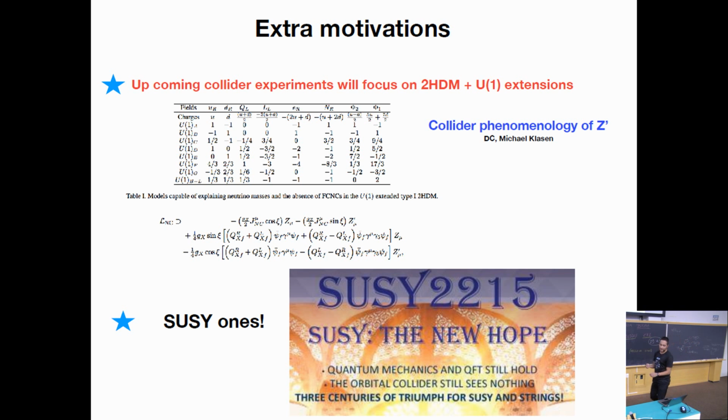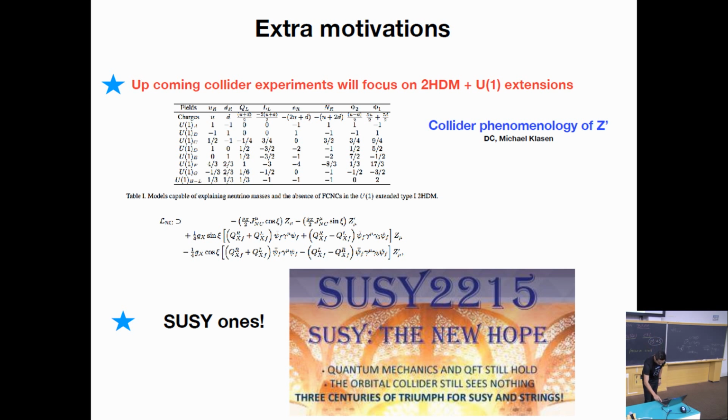And of course, as we have extra symmetries and extra scalar sectors, all the SUSY motivation behind is there. Like we have a 2 Higgs Doublet model, and the MSSM has the 2 Higgs Doublet model. So of course, that kind of SUSY one, I will not say the SUSY motivation here.